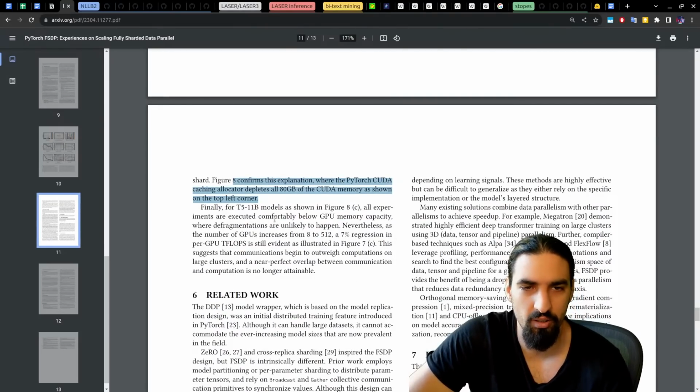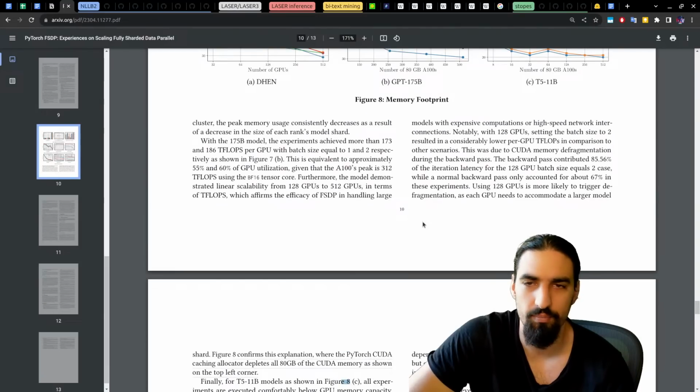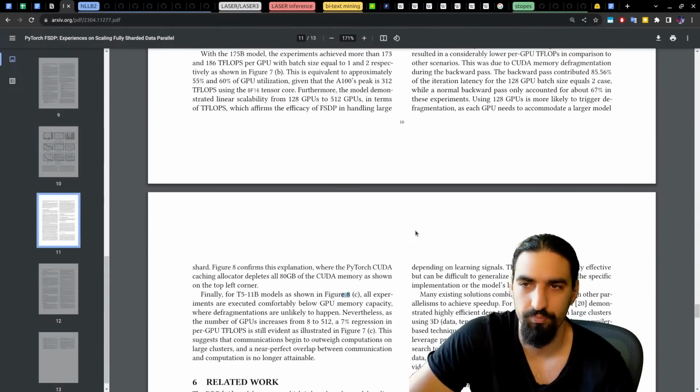Finally, for the T5 11B models as shown in figure 8c, all experiments are executed comfortably below GPU memory capacity, while defragmentation is unlikely to happen.